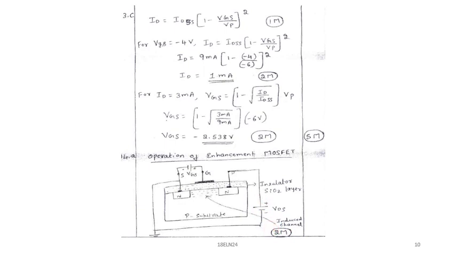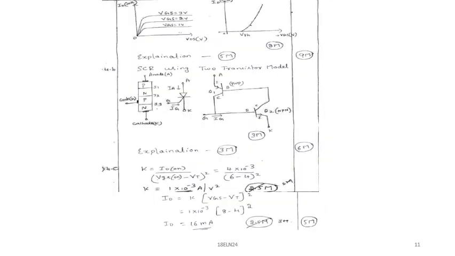MOSFET here. Then the characteristics, this is drain characteristics again. This is transfer characteristics. In the enhancement type MOSFET, the channel is created when you apply a positive gate voltage. So this is when VGS is equal to 1 volt and you'll get the output voltage here. Then there will be change. Output voltage going increasing. I mean current is increasing when VGS is greater than 1 volt or greater than threshold voltage. So this is about the transfer characteristics.